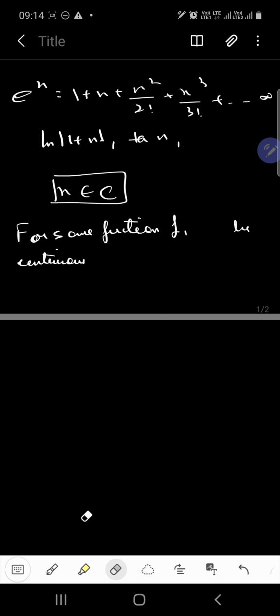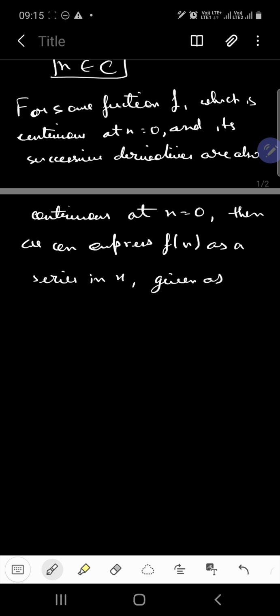So let us start with the Maclaurin series statement. The statement says that for some function f(x) which is continuous at x equals 0 and its successive derivatives are also continuous at x equals 0, then